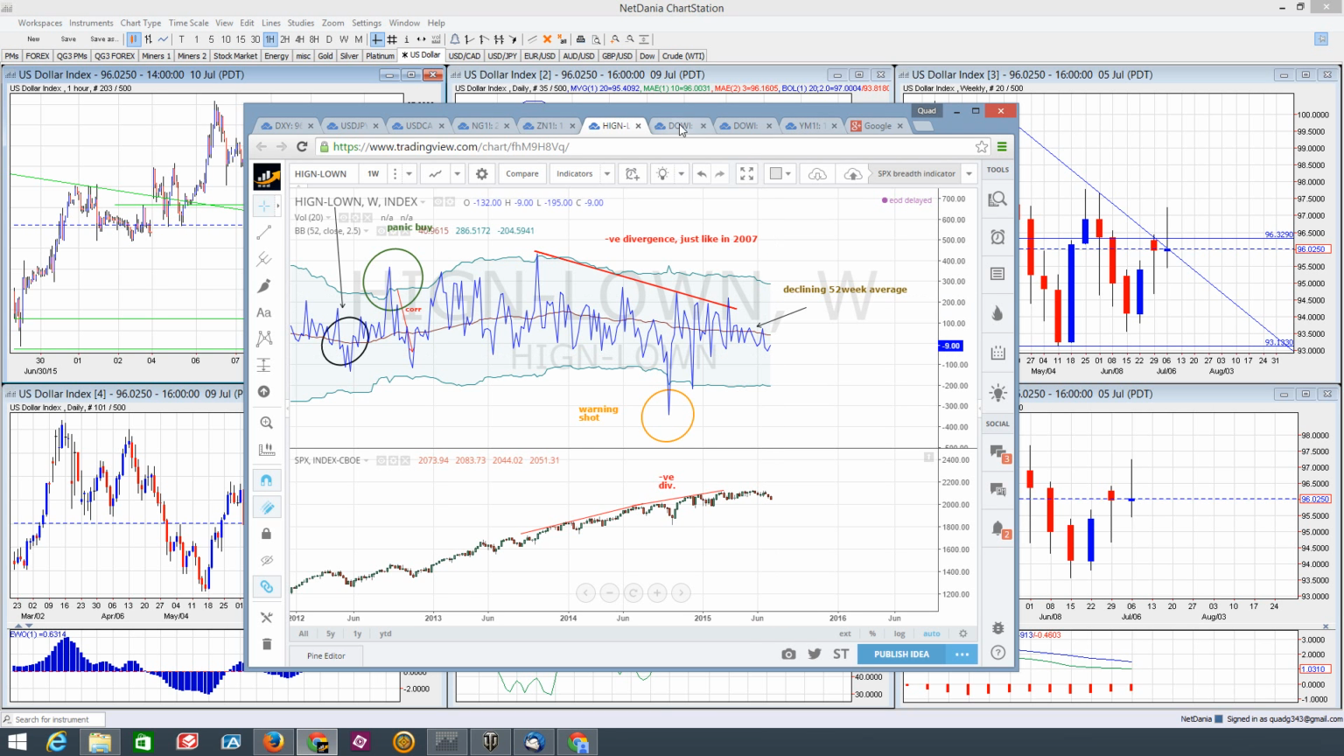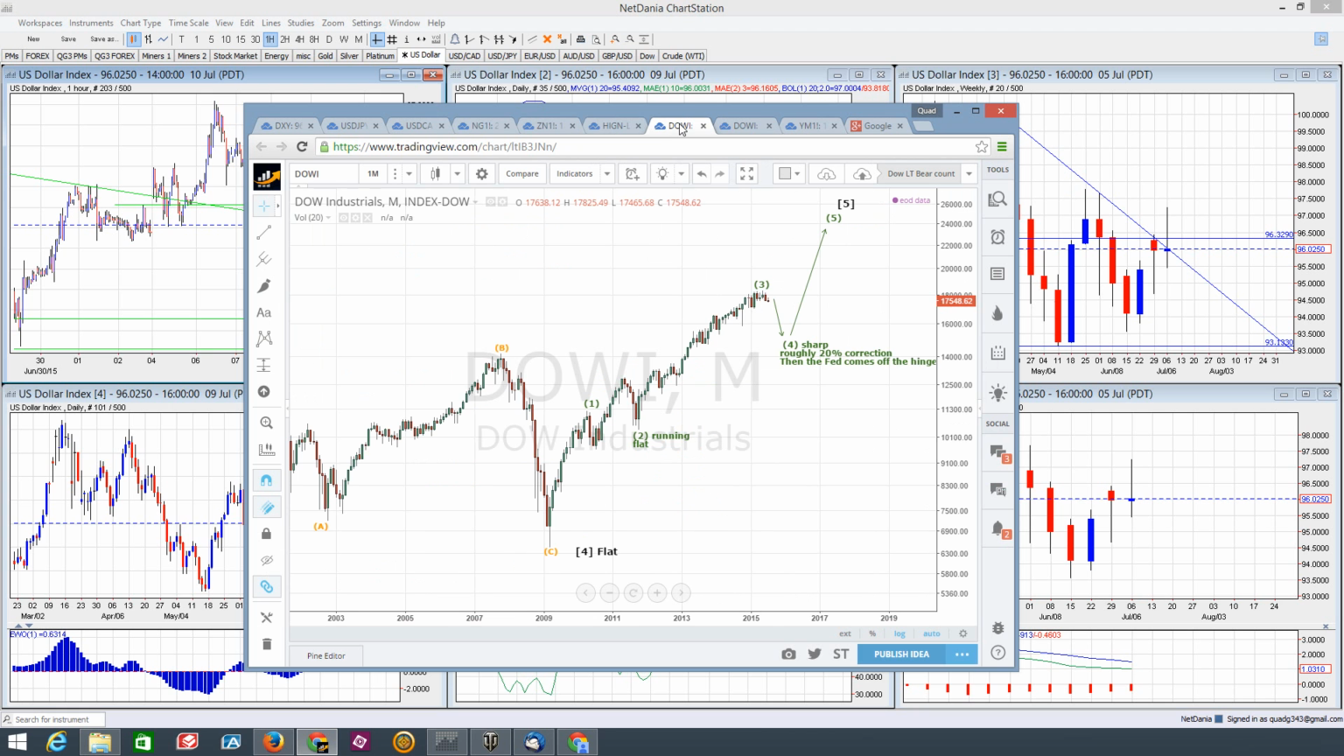Here's the Dow and the larger count: ABC flat, and now wave 1, wave 2 running flat, wave 3 looks like it could be finishing here, which, if this count is correct, would allow for a wave 4 sharp correction. I think it could come back as much as 20%,